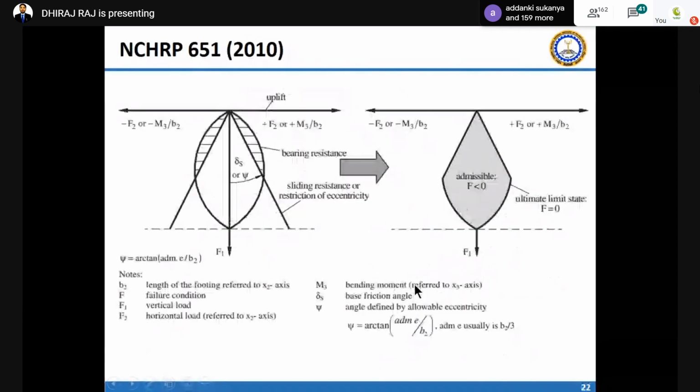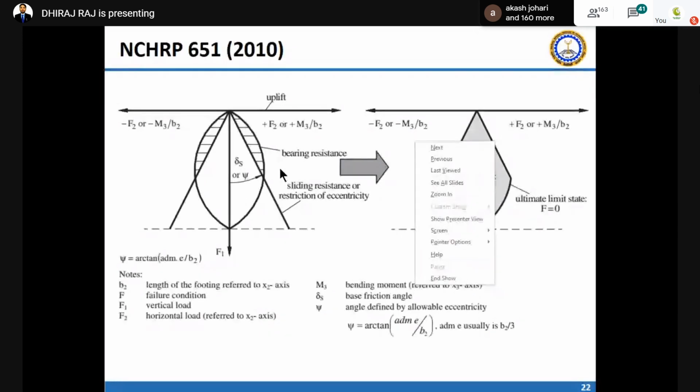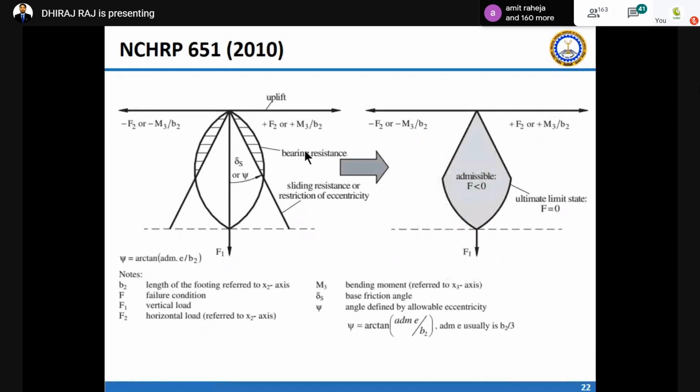Okay, so why is it important? In the case of a foundation subjected to only vertical and shear forces, you can see that at lower vertical load, the foundation will actually start to slide. So if you want more sliding resistance, you have to apply more vertical load. Simple friction formula, F equal to mu N. If you want more F, you have to apply more N. But it is not always